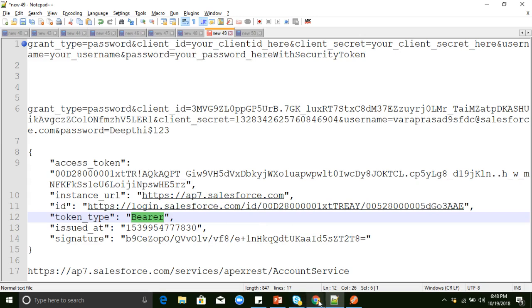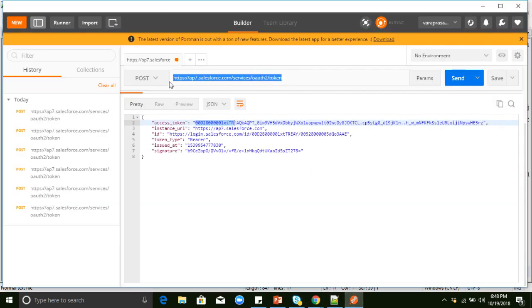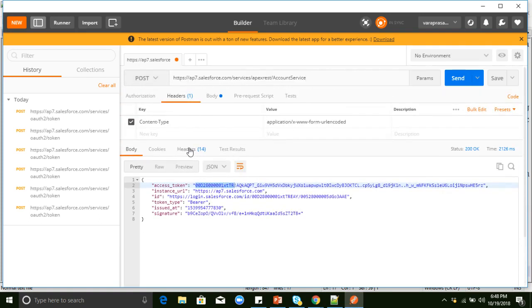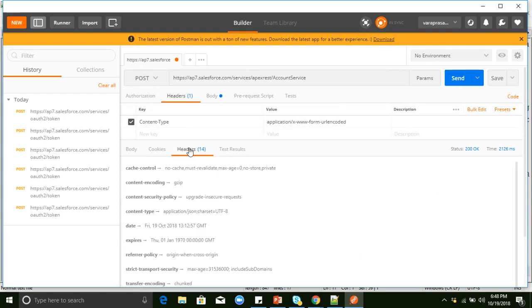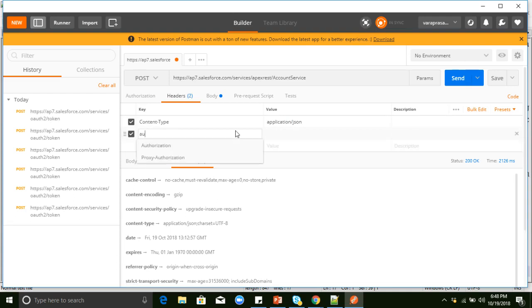For example, if you want to call this class from SAP, this is the endpoint URL here. First we need to set headers. Content type, our REST web service will support JSON and XML, so here I'm taking application slash JSON, and authorization.